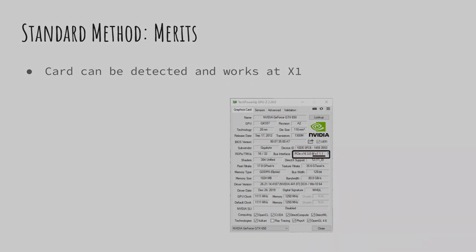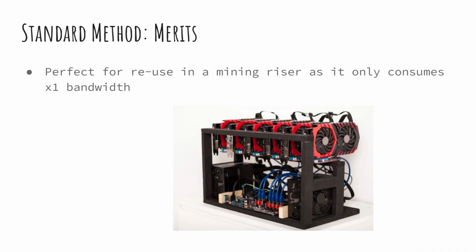And it allows you to use the card at most of its potential, but not all of it, as we will later see. The second merit is that it is perfect for reuse in a mining rig. If you are the kind of awful, evil person that wants to take a backwards inserted mining riser card and then insert it into yet another mining riser for your mining rig, this method only consumes 1 lane of bandwidth,